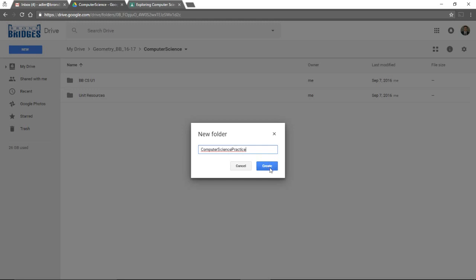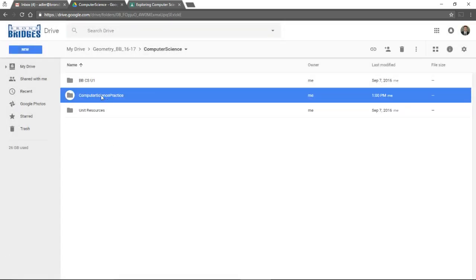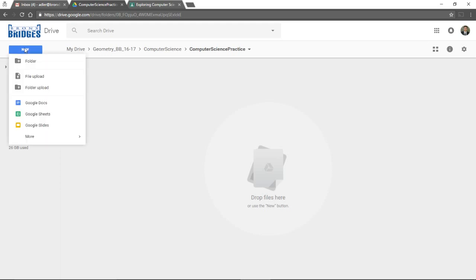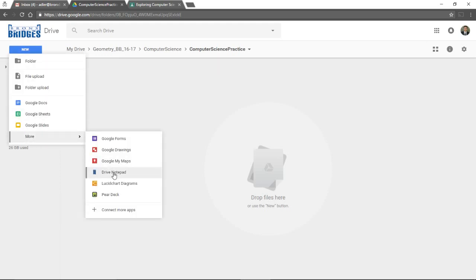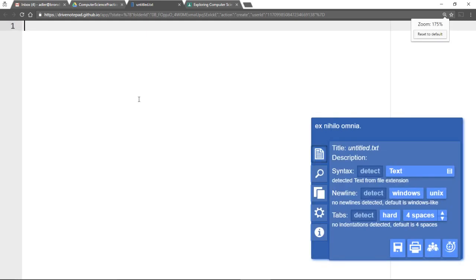That way, all of your programs can go into this one folder, and you don't need to be looking for them throughout your drive. You just look for this folder, and they're all there. So once you do that, you can go in there, and then you're going to go to New, More, Drive Notepad. All right, now that we're in Drive Notepad, let me zoom in on this a little bit